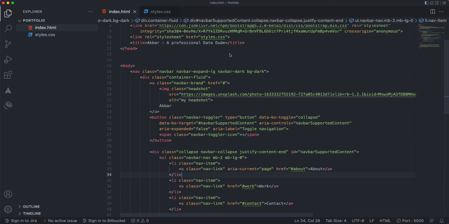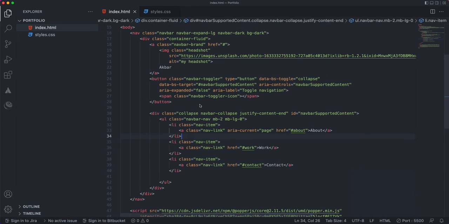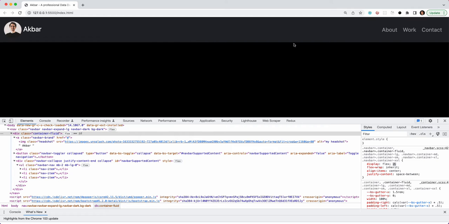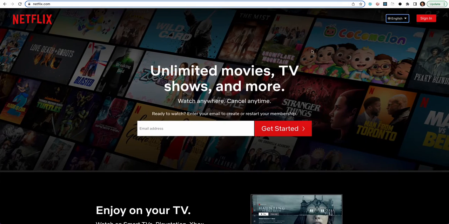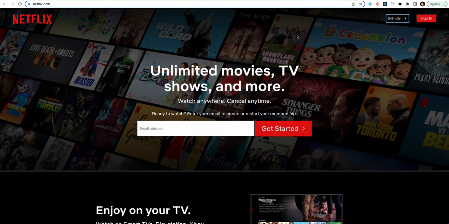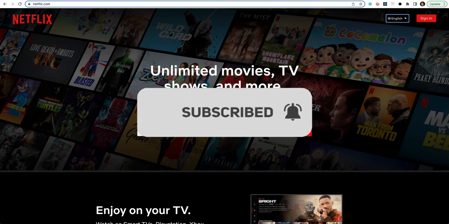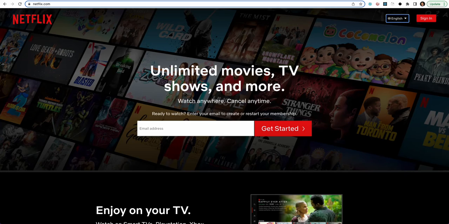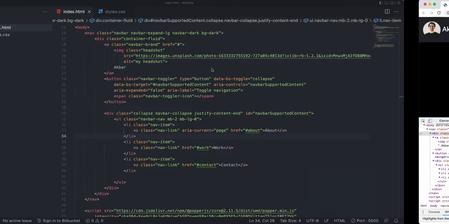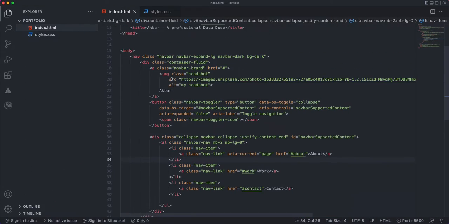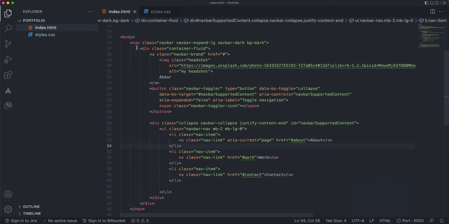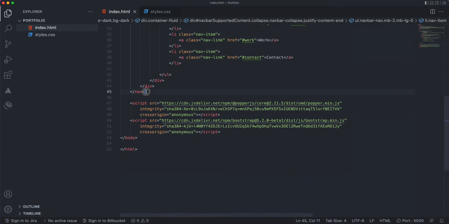Alrighty, in the previous video we talked about the navbar section. We have our navbar here, and in this video we're gonna do our hero section, and it's gonna be like a background image and some content on top of it. So let's get started. Back to our code over here, I have my body section, I've added my nav over here,